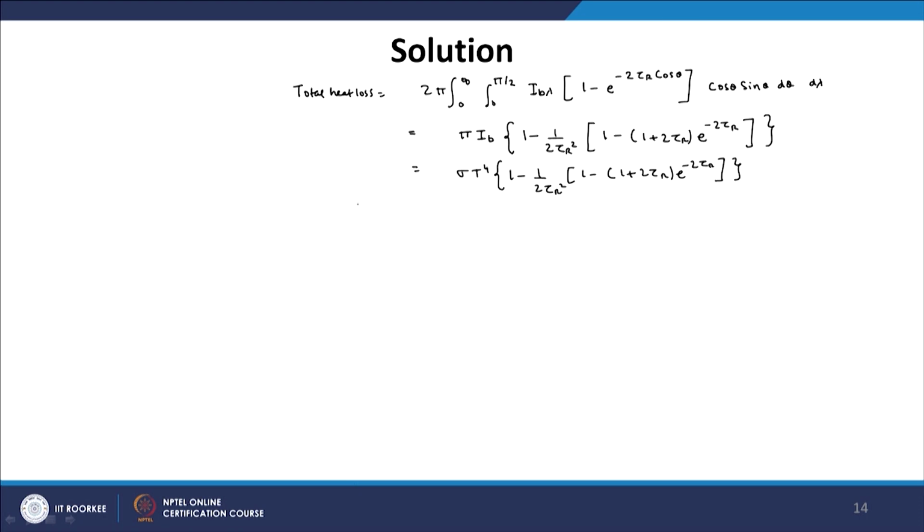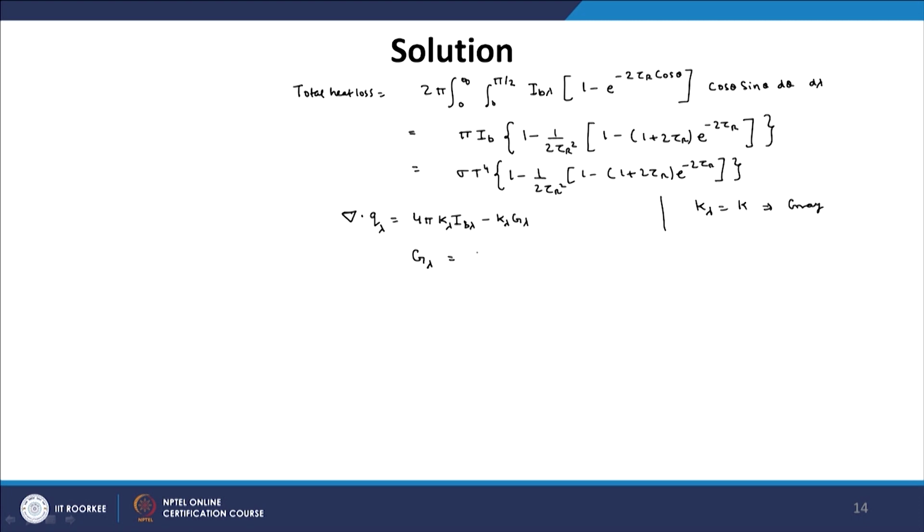So, the divergence of heat flux is defined as del dot q is equal to 4 pi kappa. Now, this could be spectral or it could be total: 4 pi kappa lambda I_B lambda minus kappa lambda G lambda. Here we just assume that kappa lambda is equal to kappa, that means the gas is gray, the absorption coefficient does not depend on the wavelength. So, with this first we evaluate G